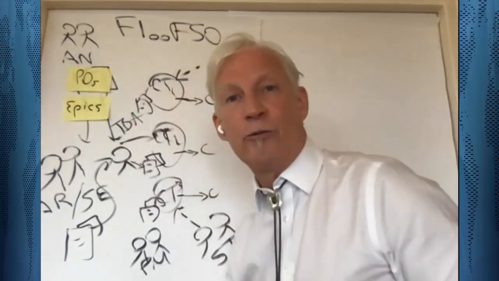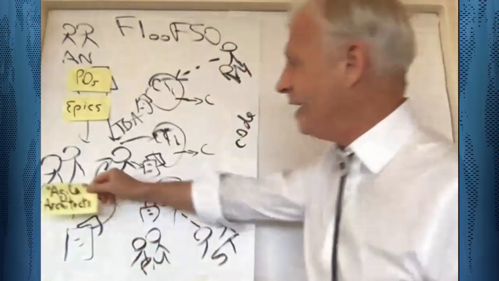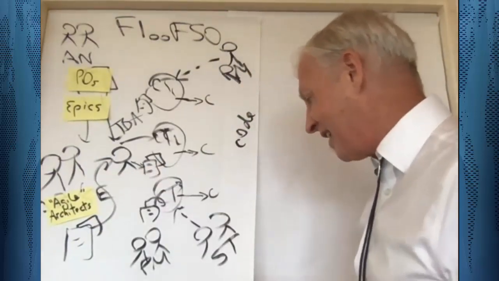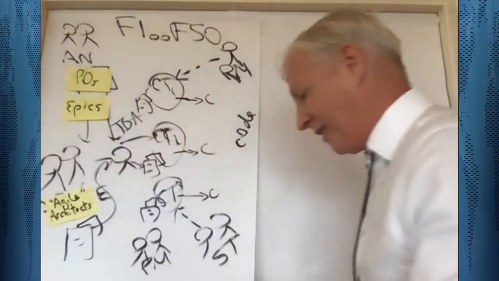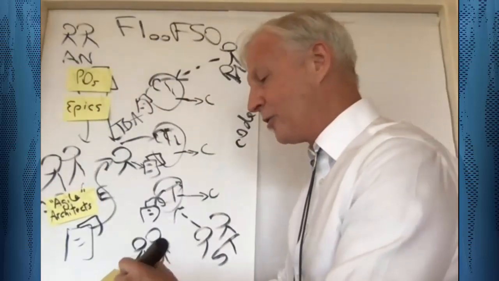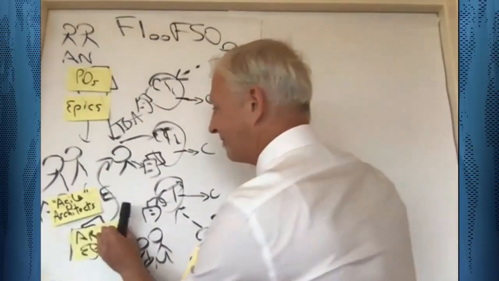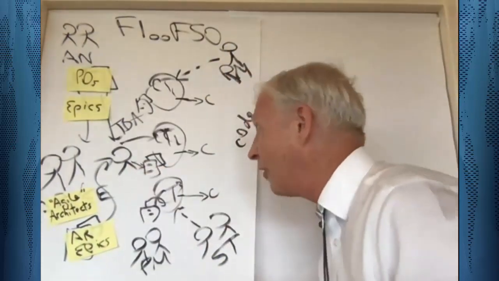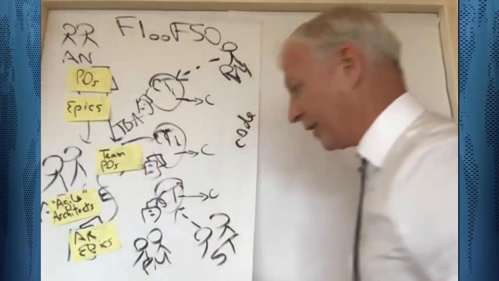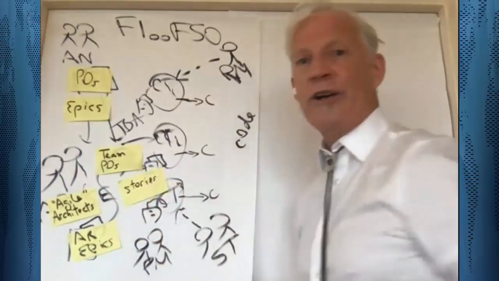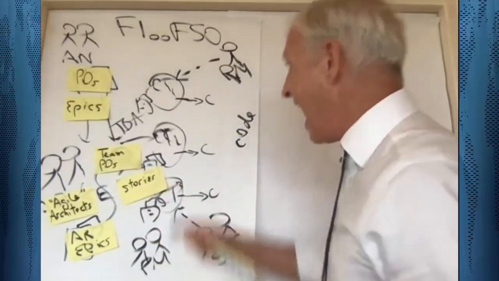And in this radical transformation, they now introduce Agile architects, and they create architectural epics. And these people are now called team product owners, and the things that they create are now called stories,